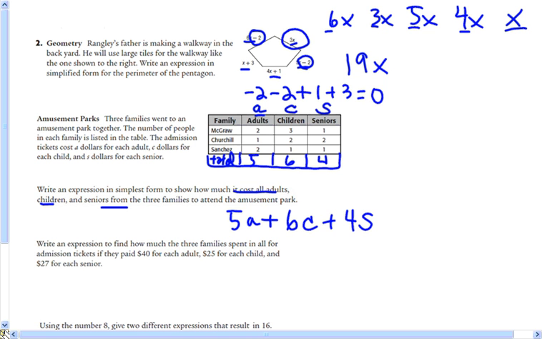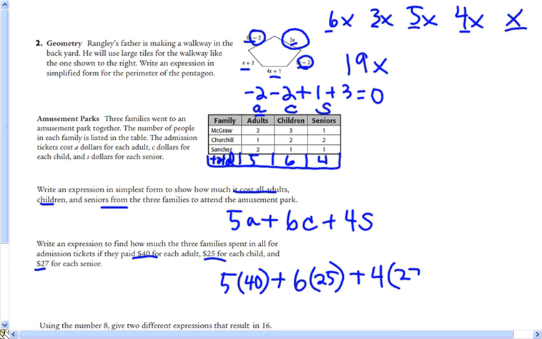And it says that we want to know how much they spent if they paid $40 for each adult ticket, $25 for each child ticket, $27 for each senior ticket. So we're going to take 5 times 40. We're going to substitute 40 for A, since that's the cost of an adult ticket, plus 6 times the cost of a child ticket, which is $25, plus 4 times the cost of a senior ticket,